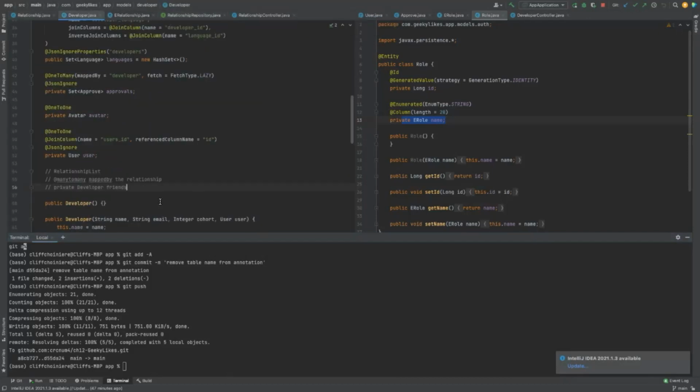What I also want to do is pull up our developer quick. And we can't do this map by, so that's what I double checked on. I wasn't sure if this was going to work or not. What we need to do is still do the same many-to-many with the join table and the join columns. The trick here, though, is we're going to give it